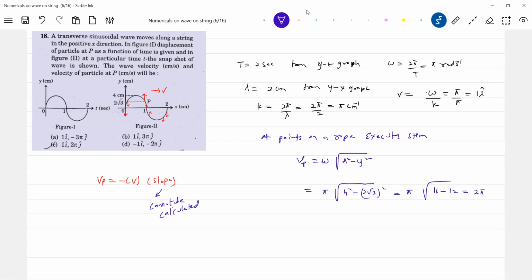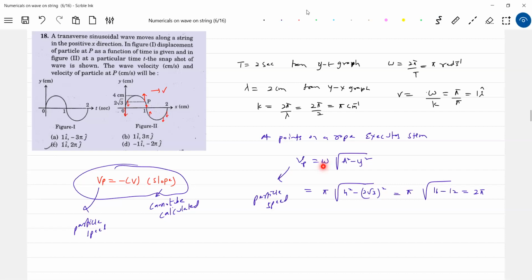So here there's one formula for particle speed. This is also particle speed. You have two options, am I right? Both are the same. There's formula one, formula two. If you have slope information, use this. If you have something like the position of a particle, amplitude,